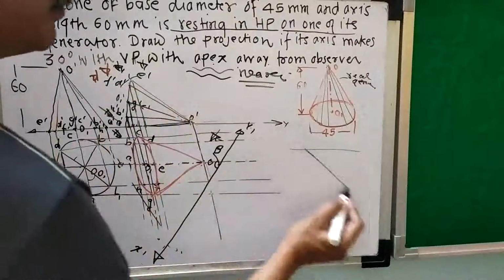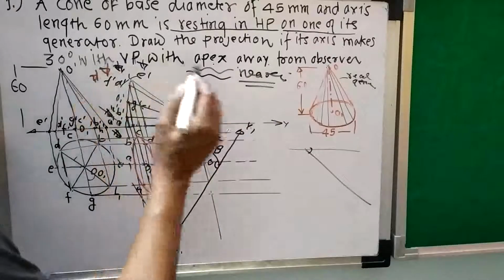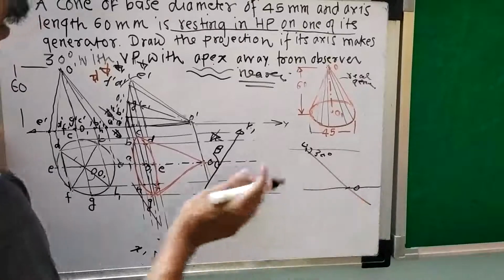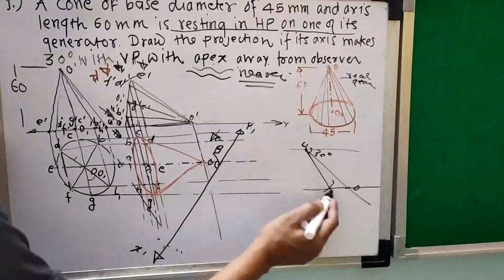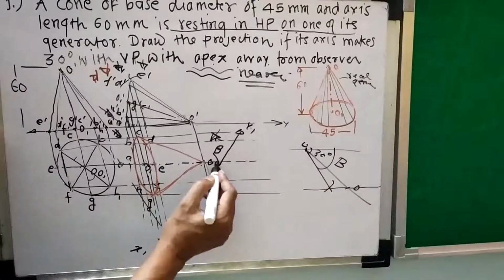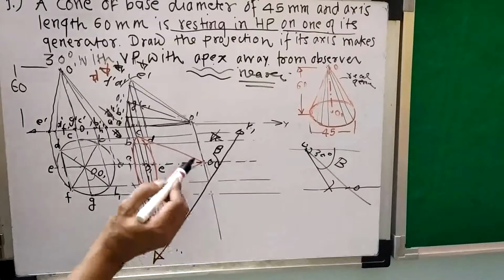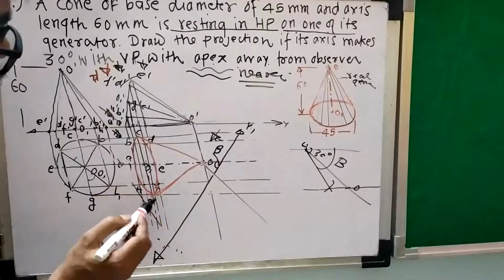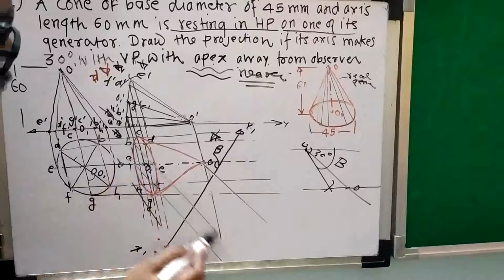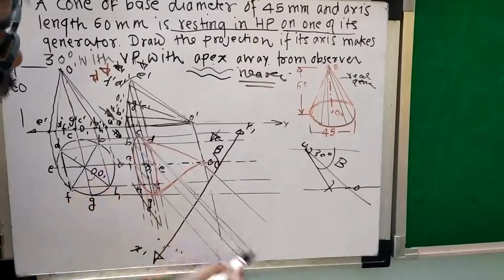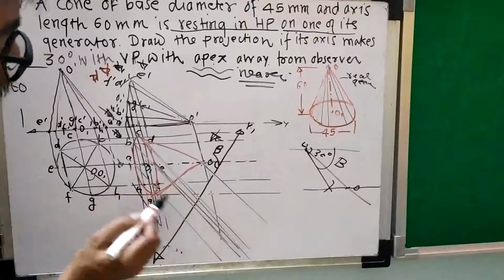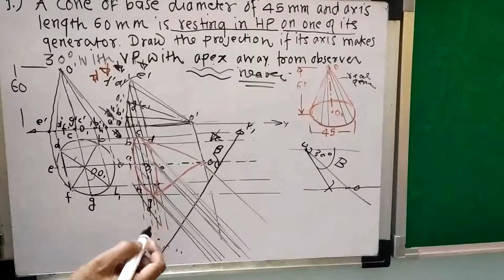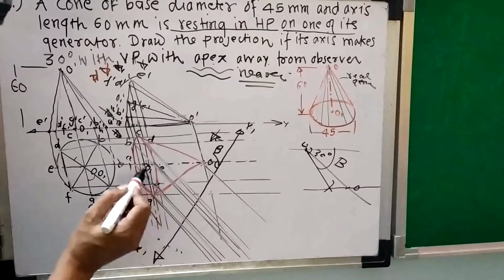I will take this axis. What is the axis inclination? 30 degrees. So on this 30 degree I will take the axis O1, draw a horizontal line, then take this apparent axis and cut here. I will get this beta angle, and I will use this beta angle here. Now I will project every point, so I will take projectors from each point, starting from A, B, C, D, E, F, G, H. From every point I have taken the projector lines, and then O and then O1, right?